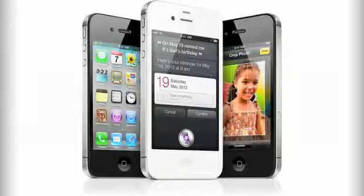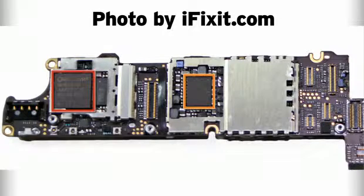Externally, you won't notice much of a difference between the iPhone 4S and the iPhone 4 on Verizon. All the antenna moves and the small volume button moves that you might have noticed when AT&T and Verizon both got their phones, well, they look pretty much identical to the iPhone 4S. That means the only important hardware details that you'll want to know about are the internals, which have changed pretty